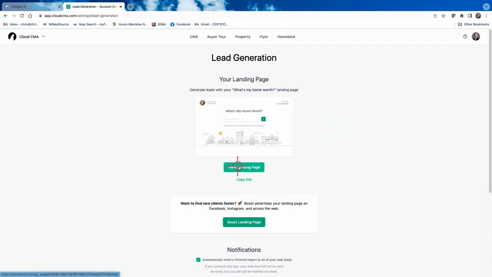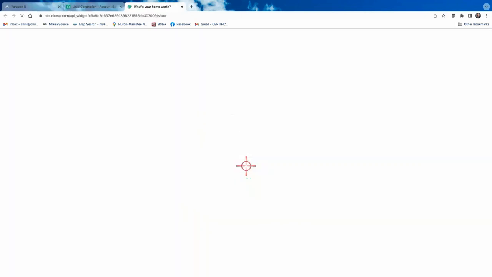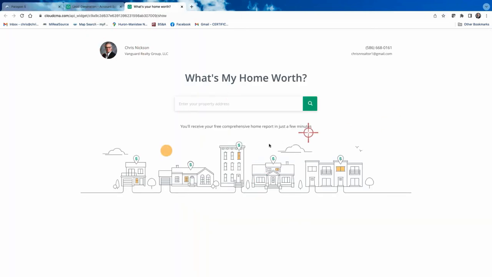you're going to have this landing page. This landing page, you can copy this link, you can embed it in Facebook, shoot it out on Twitter, LinkedIn. If you have a website, you can put it on the website that says, hey, you want to know what my home is worth? What the landing page looks like is when someone clicks on that little link and says, what's my home worth? You enter your property address,